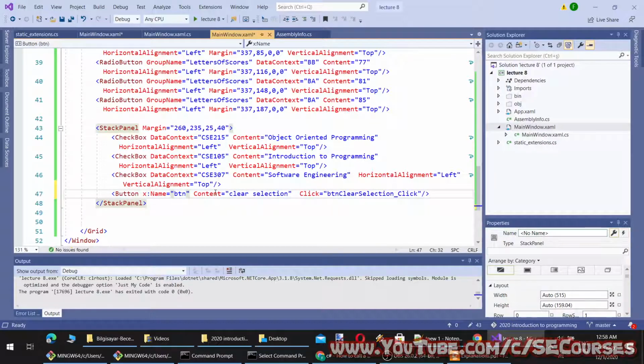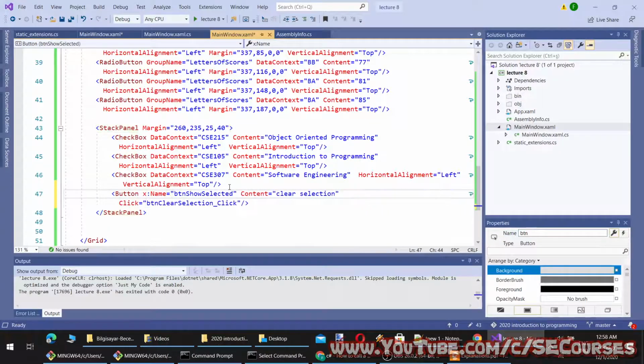BTN checkboxes. Okay. Let's compose a new event for this one.